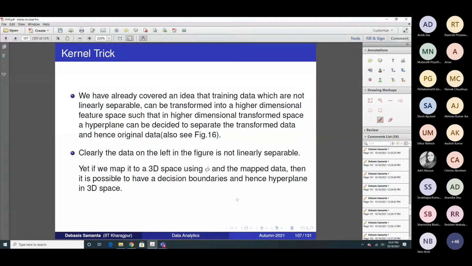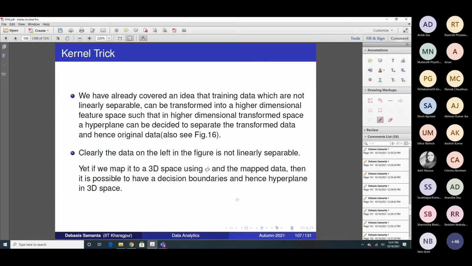Anyway, what I want to say is that a phi transformation is a device which can help you transform your data from a linearly non-separable region to a linearly separable region. Exactly, the kernel concept is doing the same thing. That means your kernel function has to be found and used so that you can solve this problem. So this is the concept of the kernel, or rather it is called the kernel trick, because we just use some mathematical treatment here.